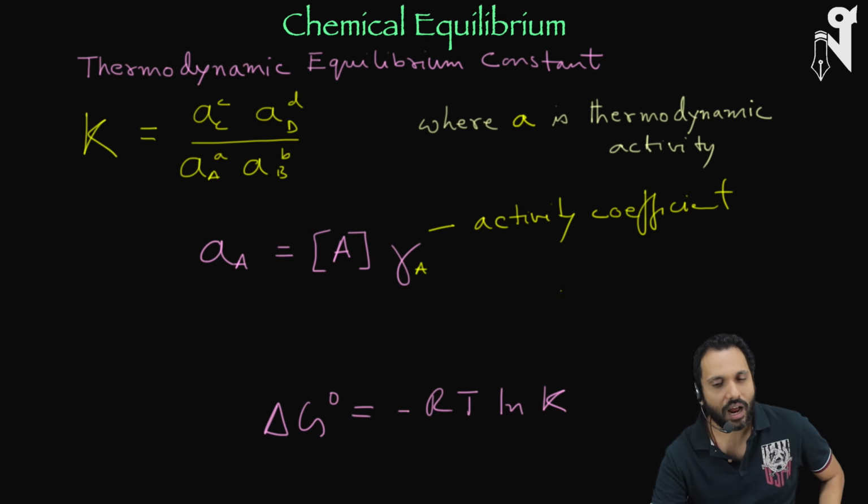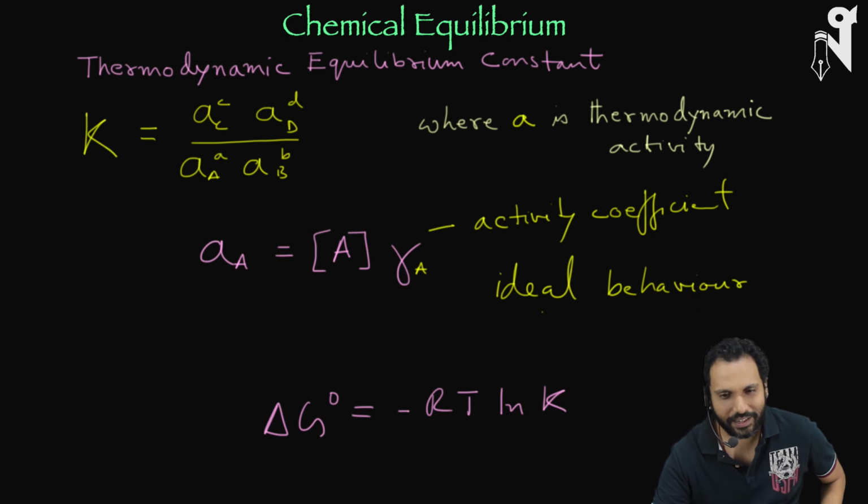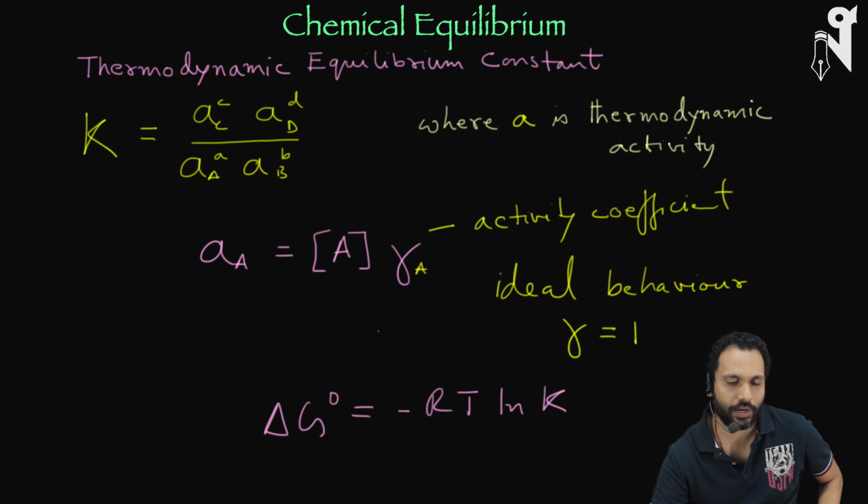Now, if we consider ideal behavior, then your coefficient is going to be almost equal to 1. Over a great range of conditions, say the pH of the solution, which we are never looking into, so all of this is not in course, your activity coefficient behaves like a constant, and the values are chosen such that it is equal to 1.